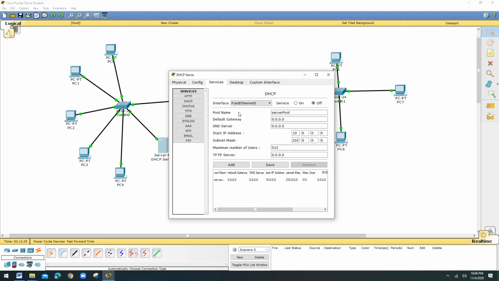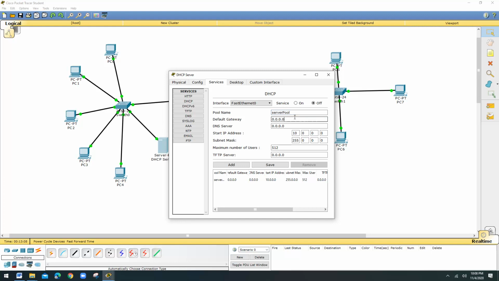Now you can see here, name of the pool. Pool name, if you want, you can change it. You can give any name for the pool. So what is the meaning of the word pool? It means a collection. So here it is a collection of IP addresses, and it is going to provide the IP address to all the machines in your network. If you want, you can change the pool name, otherwise you can just leave it, no problem. You are beginners, so don't make any change. You can try this once you become experienced.